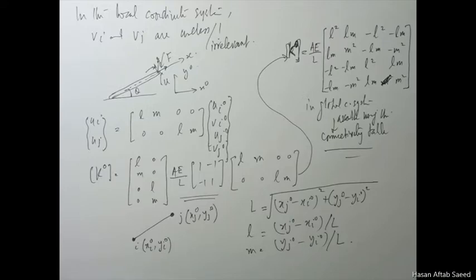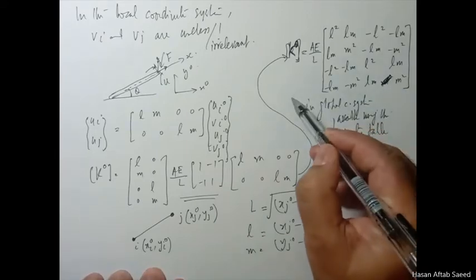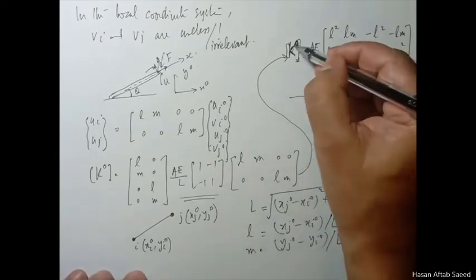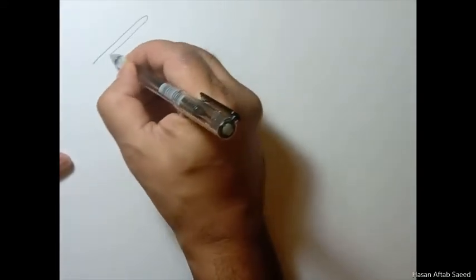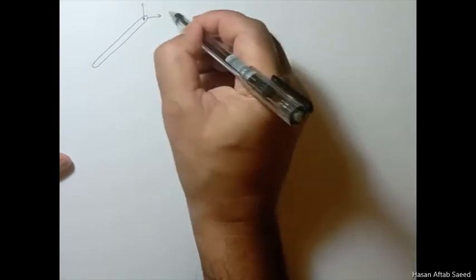But there's just one more point that we need to get out of our way, and that is about the forces. We have figured out how to calculate the K matrix in the global coordinate system. What about the forces? Now, it's very easy to apply the forces as far as the nodal forces are concerned, because nodal forces are usually given in the global coordinate system. For example, this is an element here, and you are given these forces. So simply this is